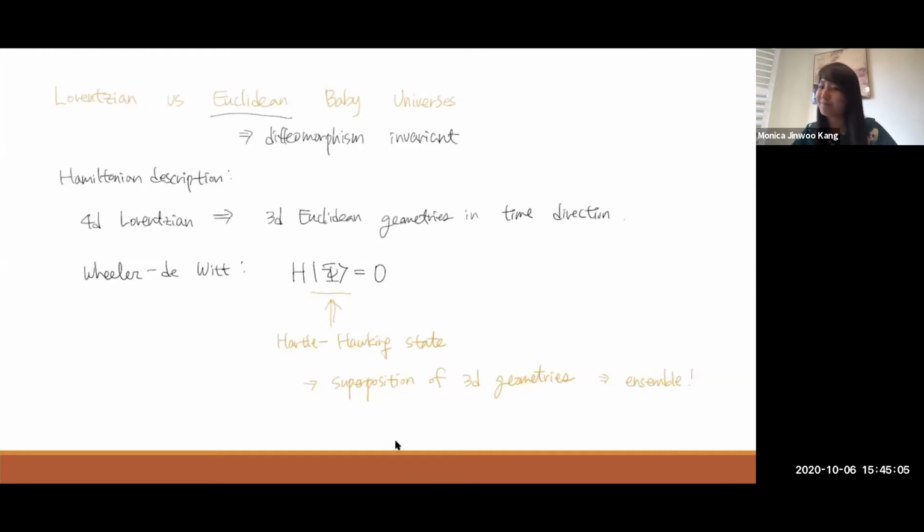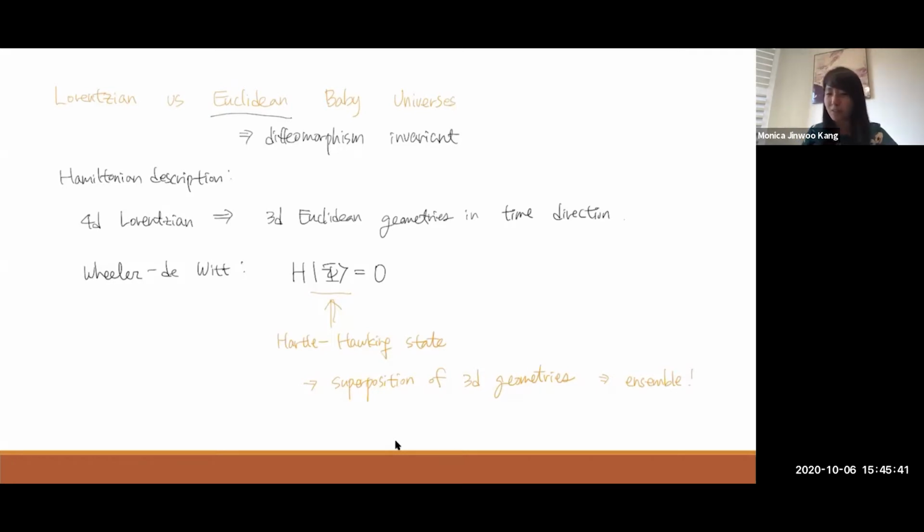For that, unlike their paper, I'm going to focus on Euclidean baby universes, since Lorentzian structure is harder to understand, at least for the current algebraic approach. And by having Euclidean baby universes throughout the talk, it will be dimension independent. So it doesn't have to be in any particular dimension for this approach to work or any analysis to stand. However, I want you to have in mind that in the end we want to understand 4D Lorentzian theories. So we can think of it as an analysis of 3D Euclidean geometries with the time direction,